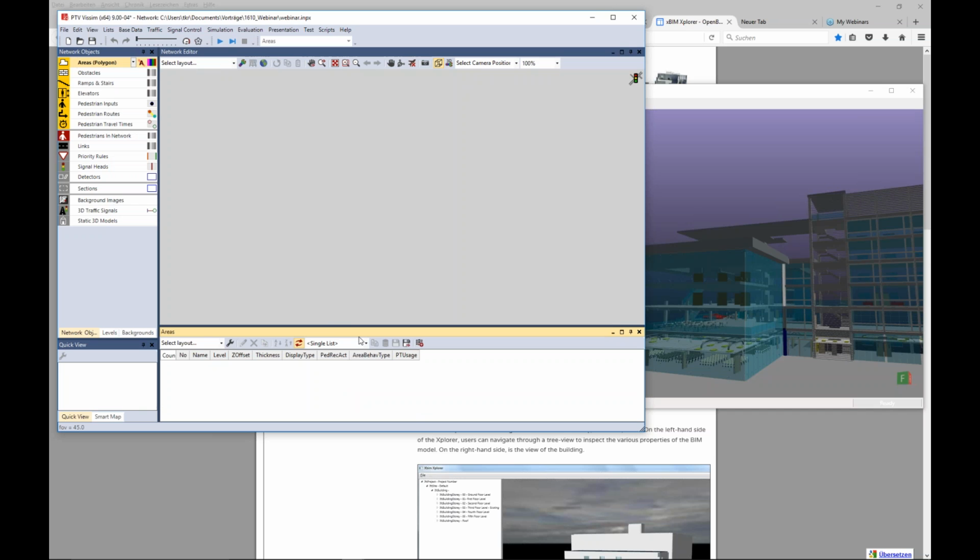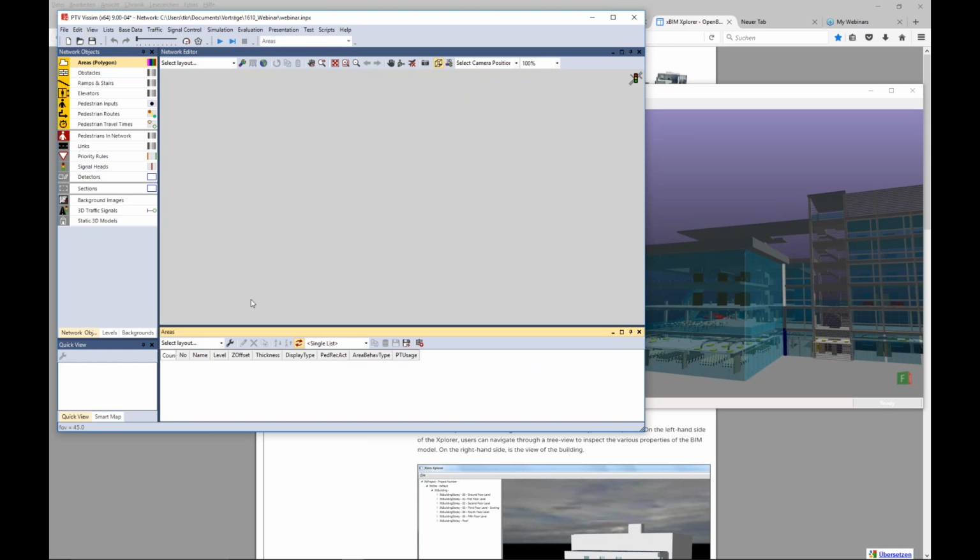As I said, it can happen that when you have a large project file, the conversion might take 1 hour, but you can still continue to work with your Viswalk and Vissim license. It's not blocked, like it would be if the model were directly imported into the network editor. And the other thing is, since the resulting Viswalk file only contains the geometry and nothing else, so it's reduced,